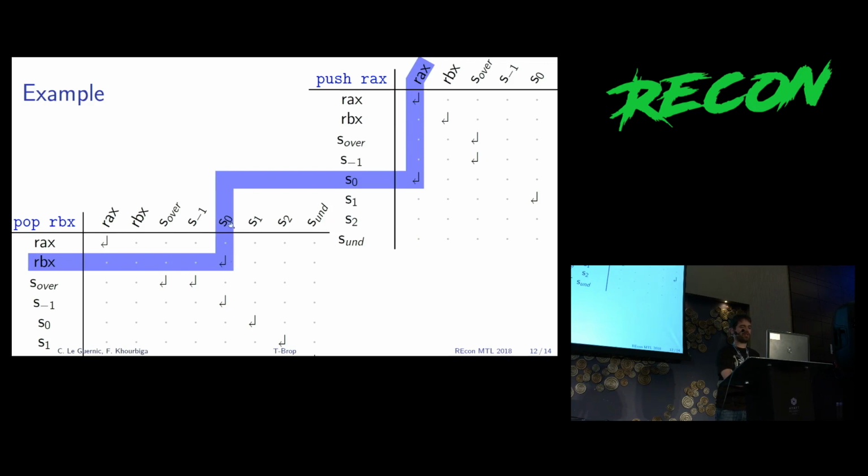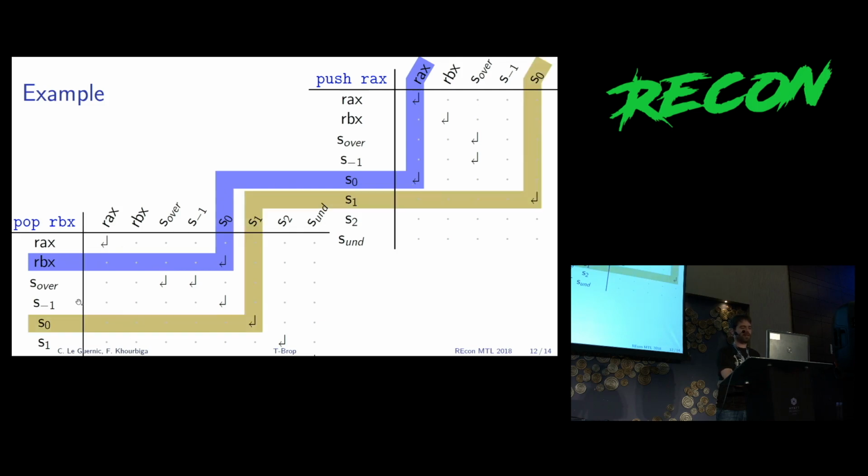RBX comes from the top of the stack, and the top of the stack comes from RAX after the push. And similarly, the top of the stack after the pop comes from the value that was just below the top, and this value comes from the top of the stack.